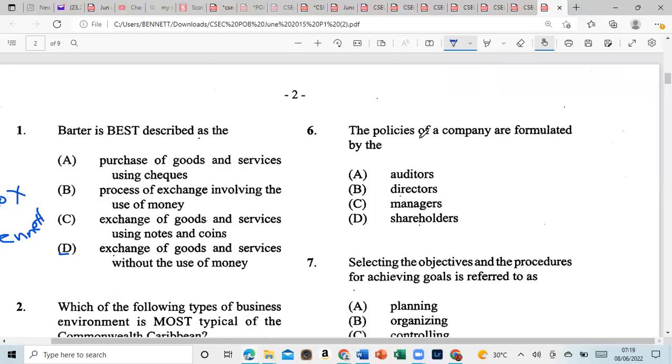The policies of a company are formulated by, is it the auditors, the directors, the managers, or the shareholders? And that is the directors. So the directors are the big